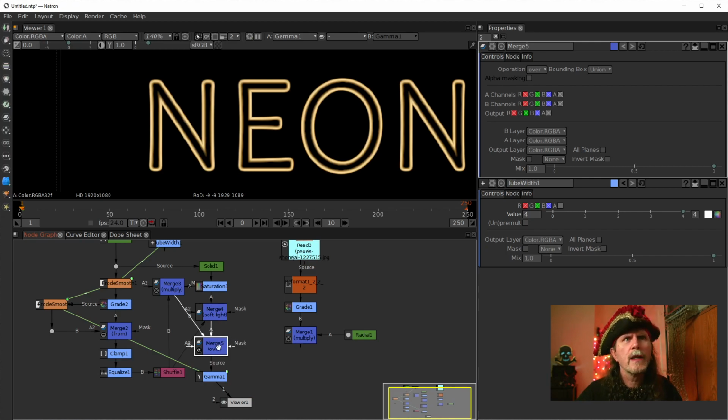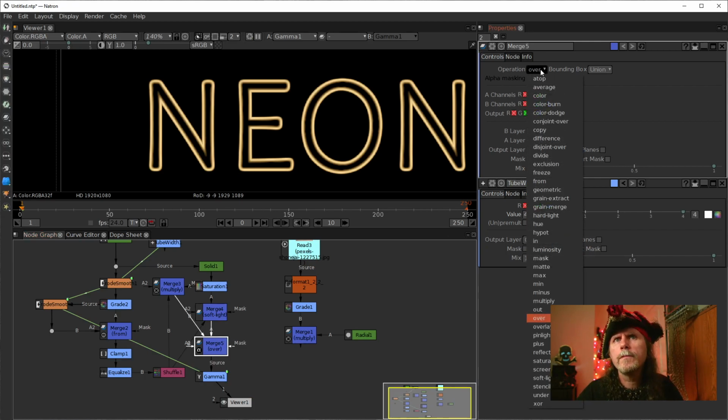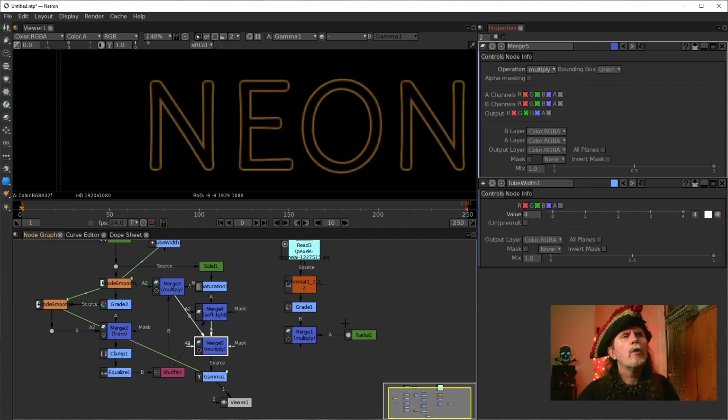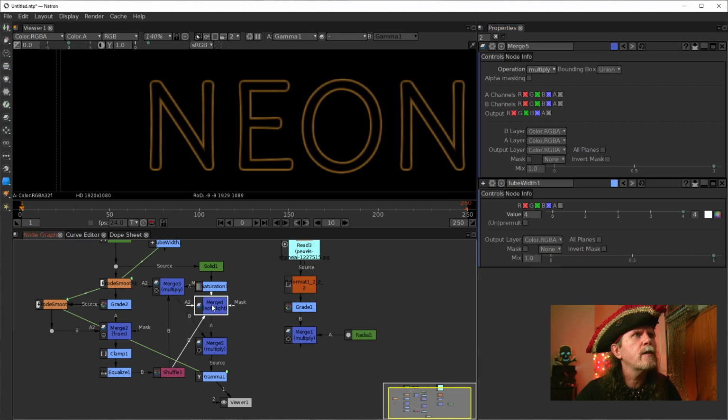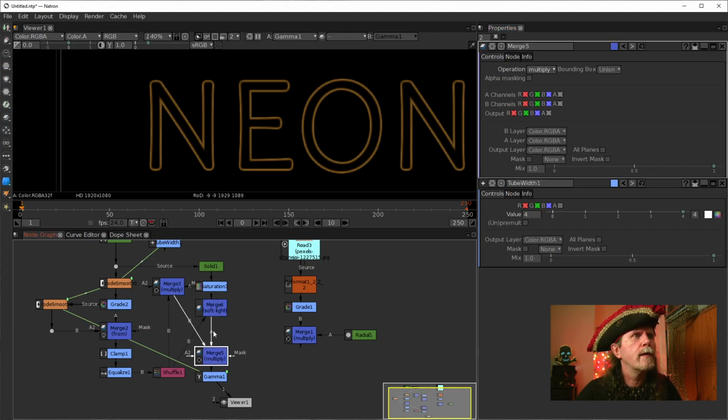All right, and we want to multiply, correct? Multiply, yes, multiply the two together, which results in this looking a lot darker. Let me make sure I'm verifying that. No, this is looking way darker. Why is this looking darker? Because we didn't clamp it. All right, so